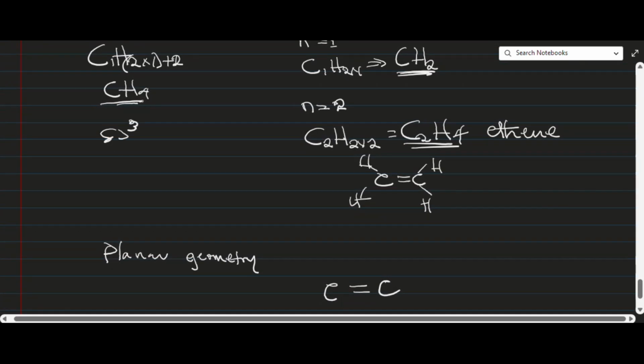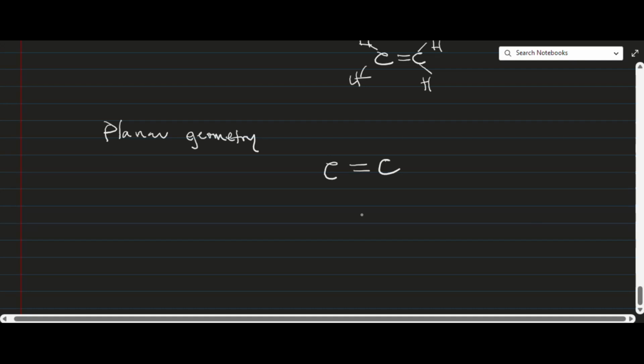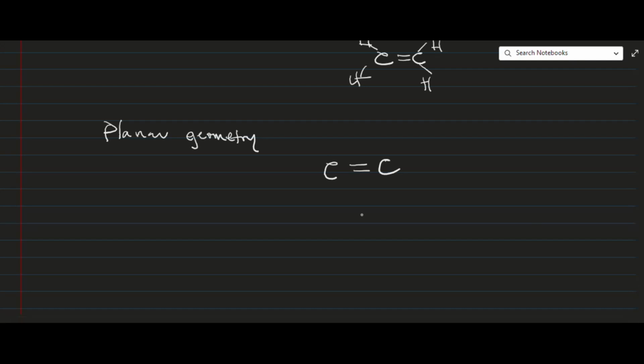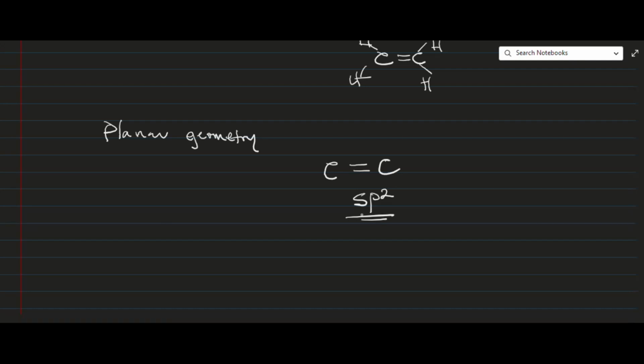sp3. So that is for the alkane. Now for the alkene, what is the hybridization there? So the hybridization for alkene is what? sp2. We discussed this in the past before. So I will not go deep into hybridization. We just know that